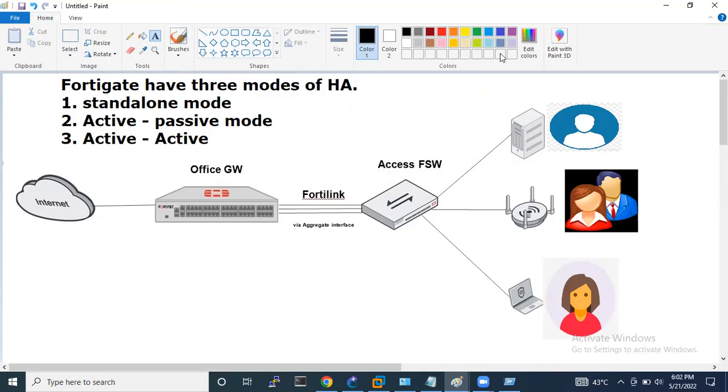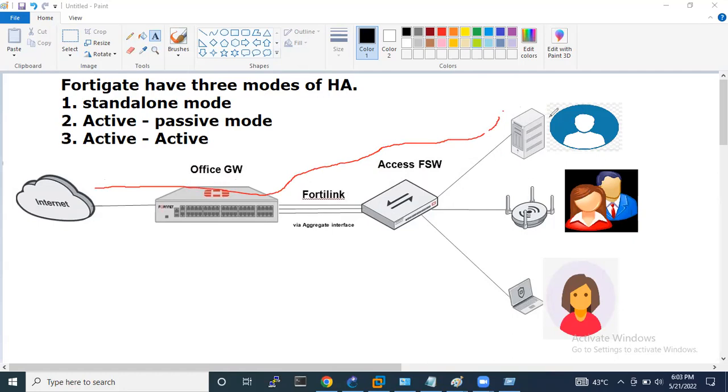Let me tell you what will happen if I have a standalone firewall. Suppose we have a single FortiGate firewall in our office, and all the users go via this FortiGate to reach the internet.